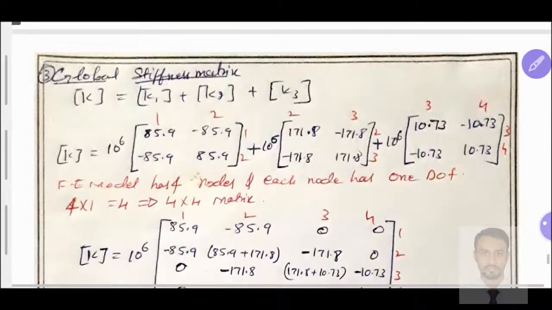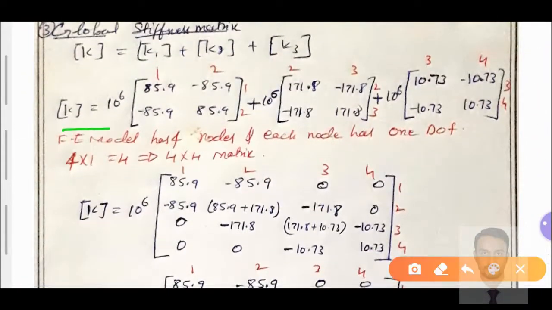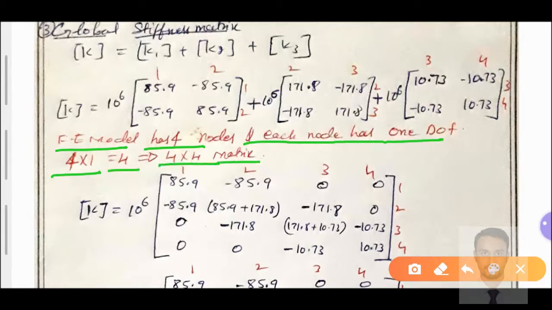All these matrix values we have substituted in the global stiffness matrix. We got these 3 matrices here. Then we know that the FE model has 4 nodes, and at each node 1 degree of freedom. When we multiply 4 into 1, that equals 4, we get a 4 cross 4 matrix for the given shaft element. Why? The 4 nodes we have, each node has a single degree of freedom, so as many nodes as there are, that many numbers of stiffness matrix rows and columns we get. If we have 2 degrees of freedom, multiples of 2, 4 nodes into 2 will get an 8 cross 8 matrix.